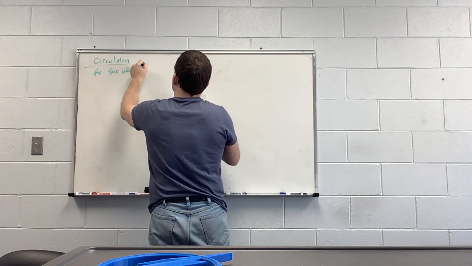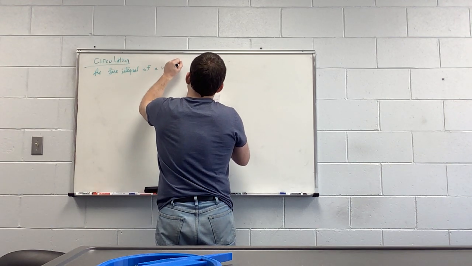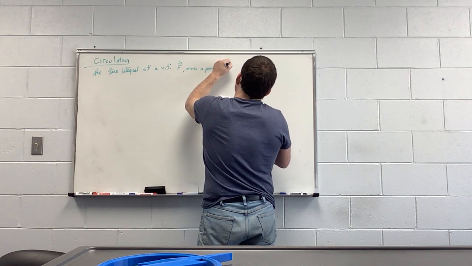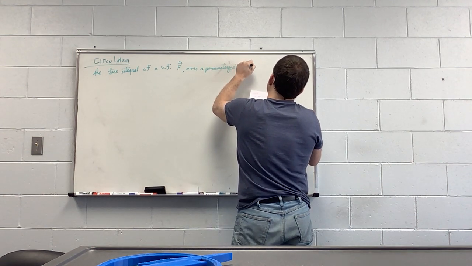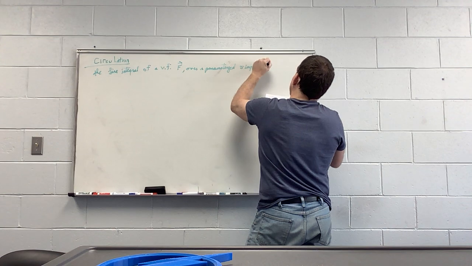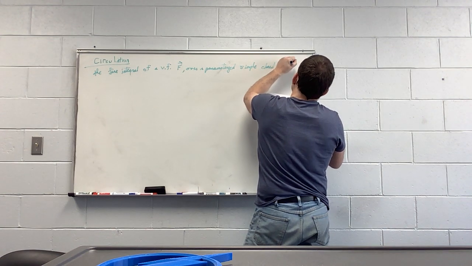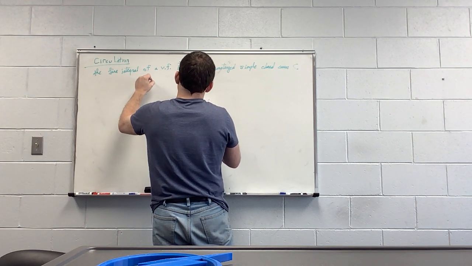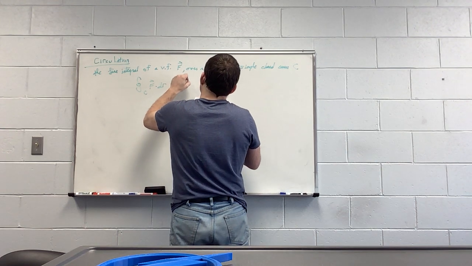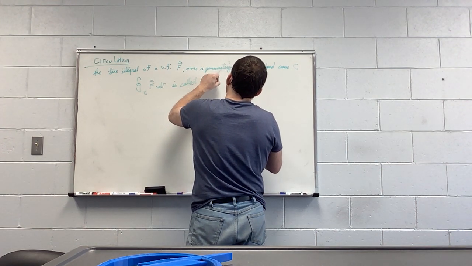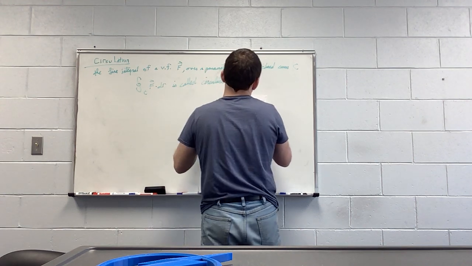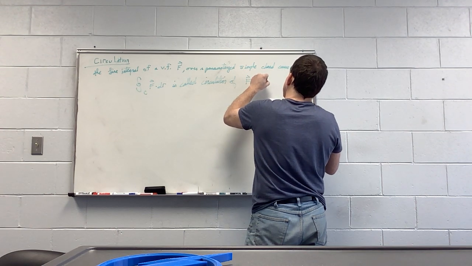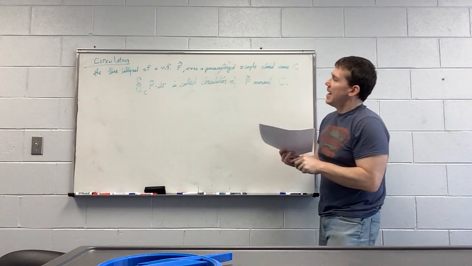The line integral of a vector field F over a parametrized, simple, closed curve C, which we write like this, is called the circulation of F around C. And just so we're clear,